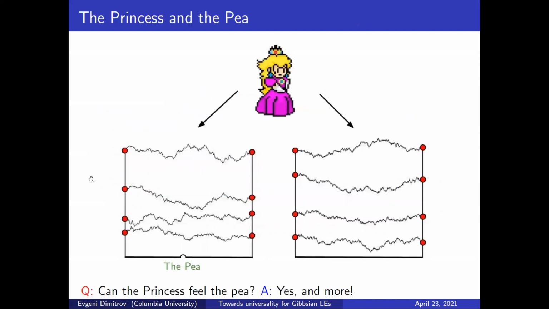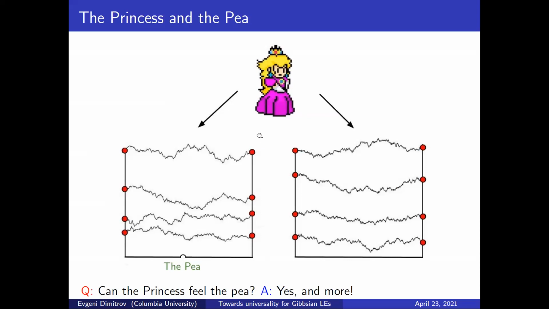And this brings us naturally to the problem that I like to call the princess and the pea. So the setup is as follows. You have two beds. One of them has a perfectly flat base, and the other one has an almost flat base, except that it has a small aberration, aka the pea. Now you start piling a bunch of mattresses on top of these two beds, and you can put different numbers of mattresses, and they can have random or deterministic endpoints. And then the only thing you demand is that the distribution of these mattresses, conditional on the red dots, is that they need to be avoiding Brownian bridges that also avoid each other, but also the base, or in this case, the base and the pea.